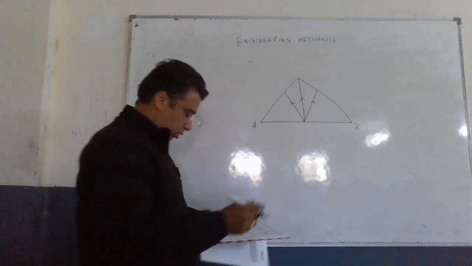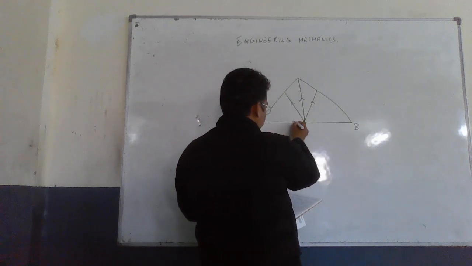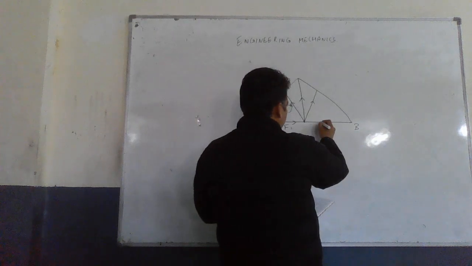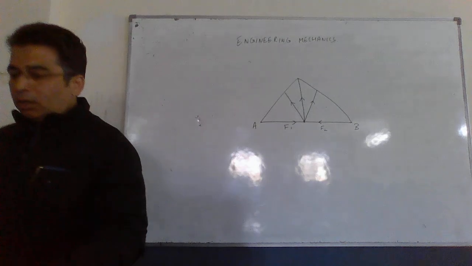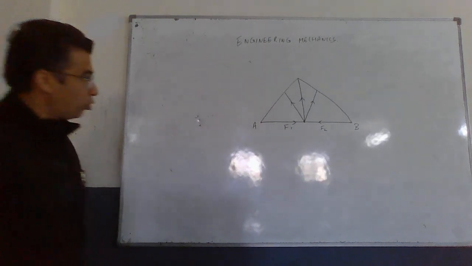Now suppose this is the point of application of a force that is coming in this direction and I am representing it as F1. Similarly a force that is represented by F2. तो बच्चा ये टाइप का जो सिस्टम होगा, दिस विल बी अ कोप्लेनर कॉन्करेंट फोर्स सिस्टम।